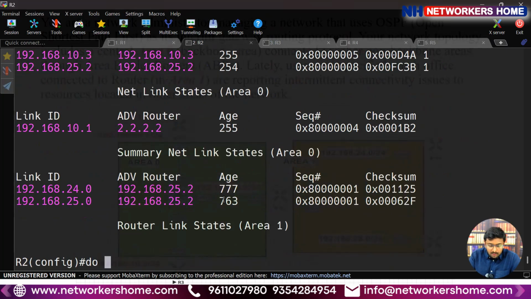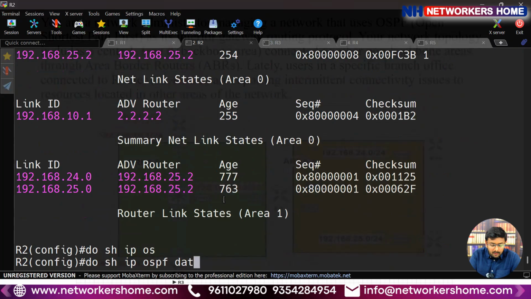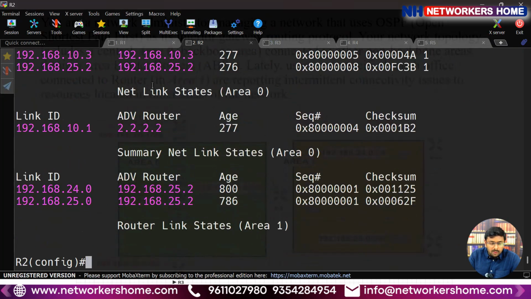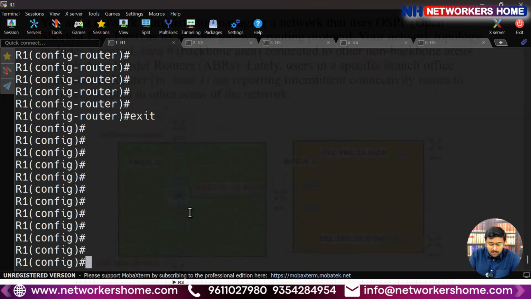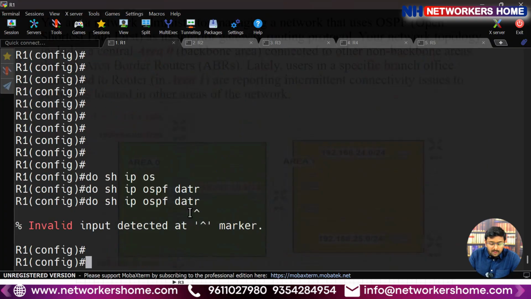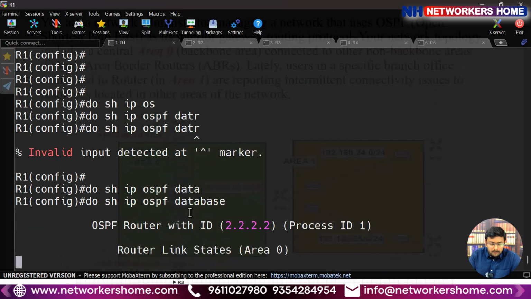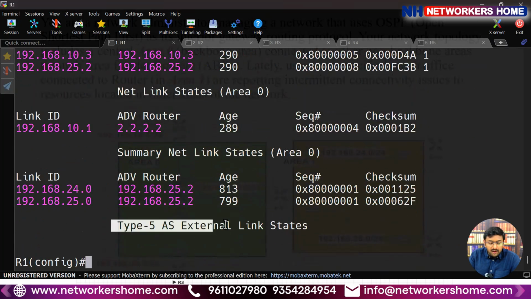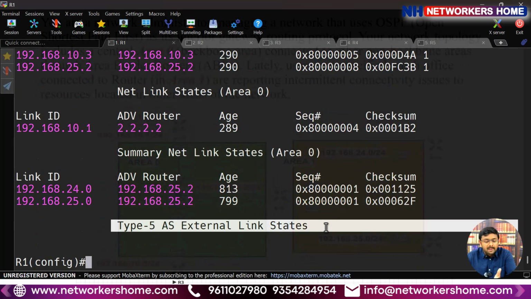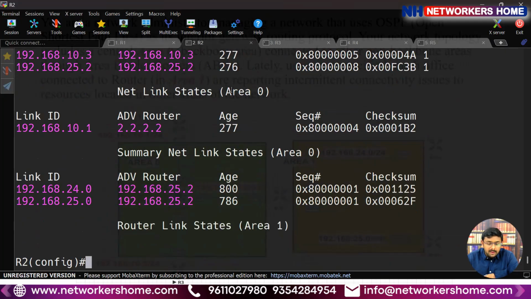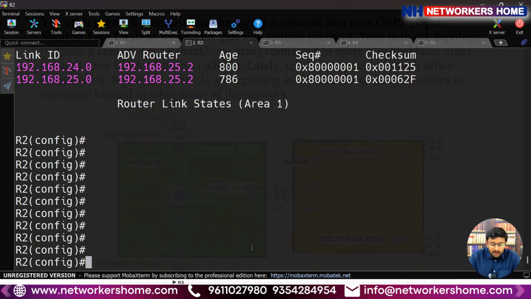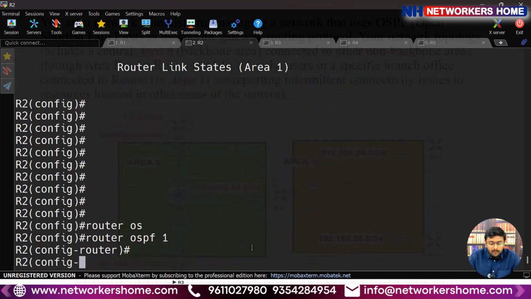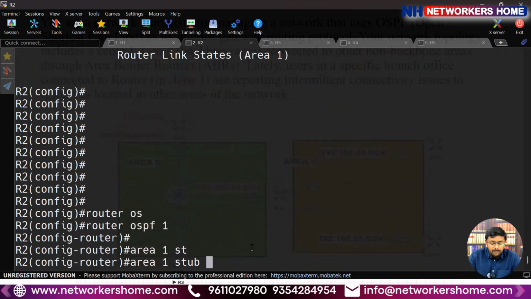If we check, do show ip ospf database. Here also check on router 1, do show ip ospf database. So here we have what? Type 5. Like this, type 5 information is present because we have redistributed some of the IPs on the network. Now, if on router 2, that is the ABR router, I configure router ospf 1 and area 1 stub,